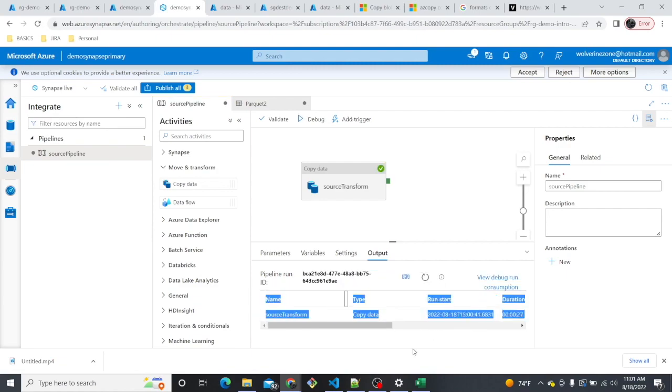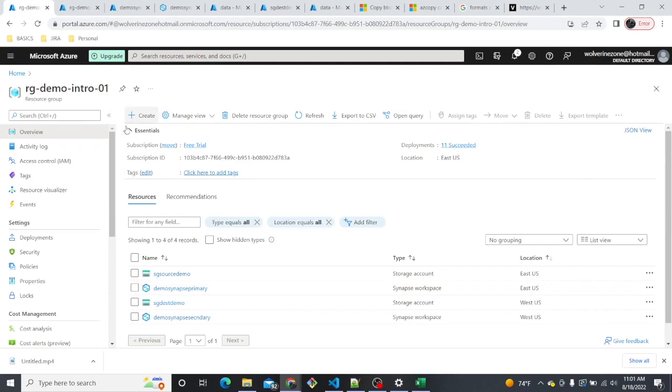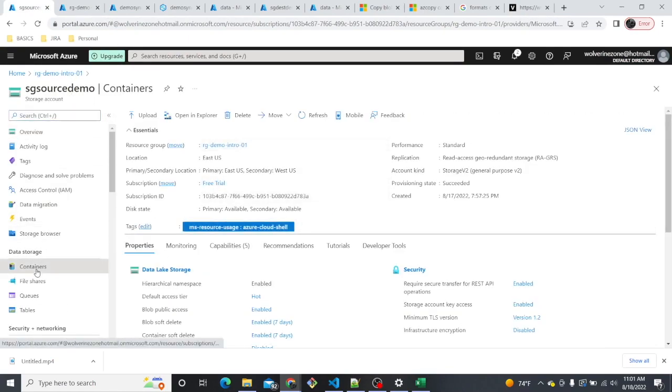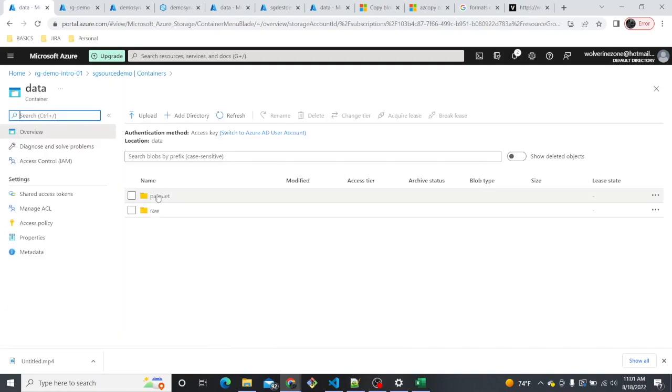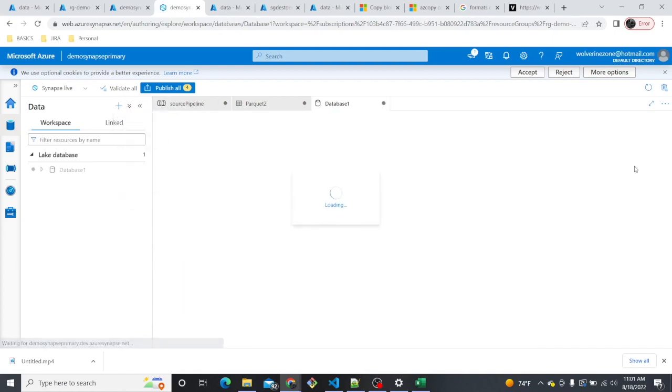Okay, so after it shows status succeeded, I can go back into my source storage account, go back into containers, into that Parquet directory, and I can see that it created that source Parquet output file. So I'm gonna now go back into Synapse, going to data,